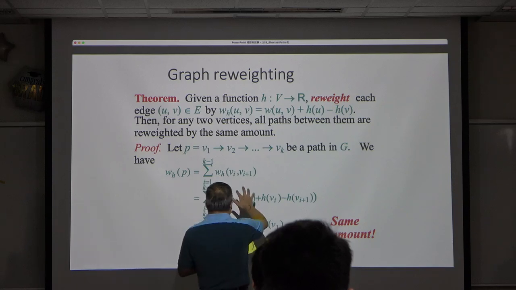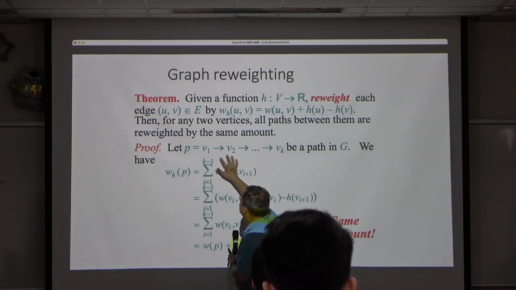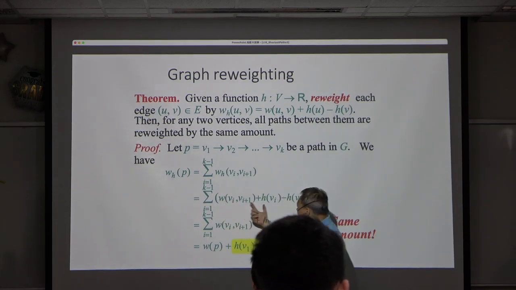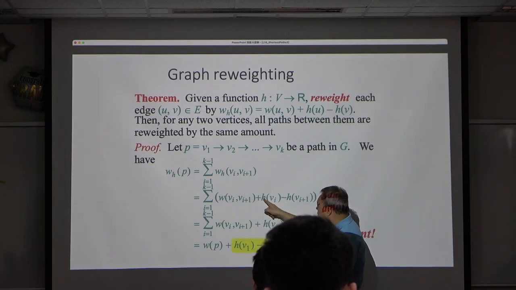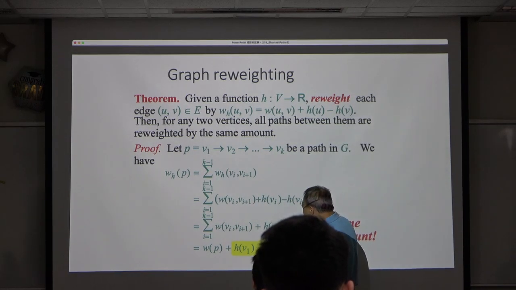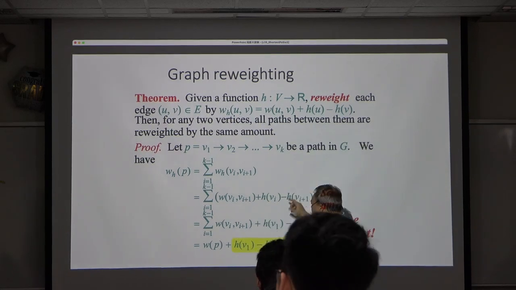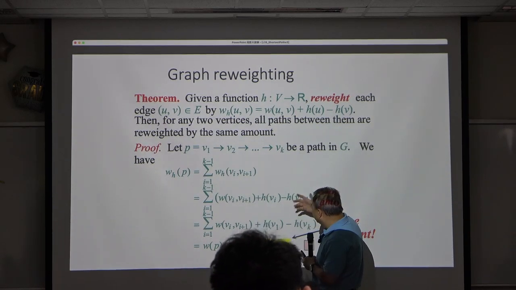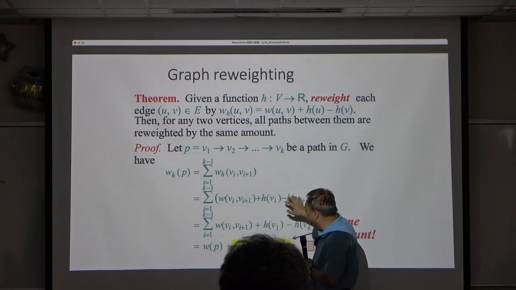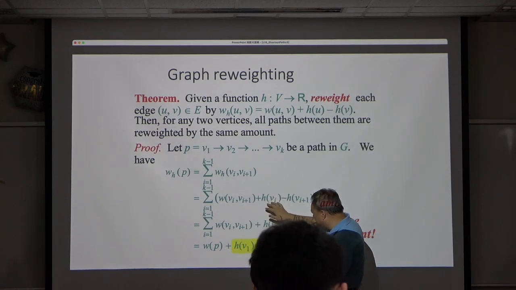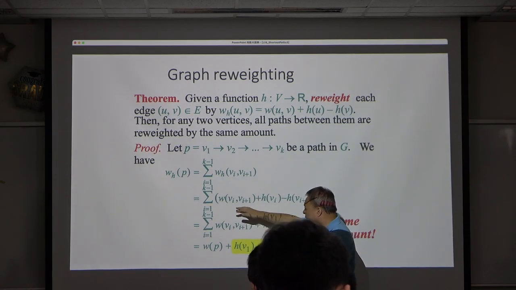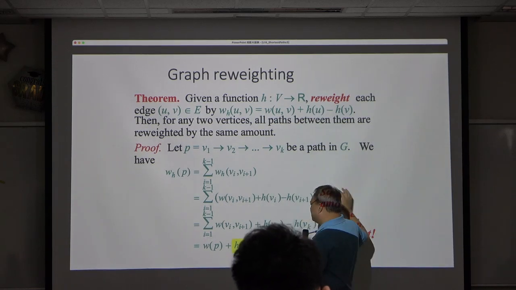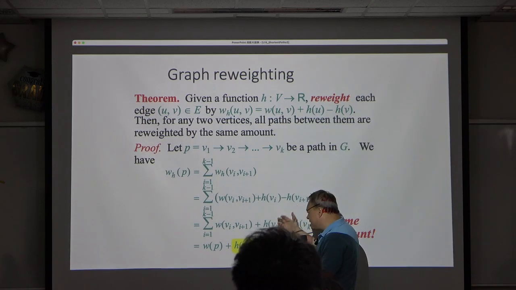So we plug in this thing for every edge. Because obviously we have this term for each edge. So you see the later one is going to cancel out the previous one. If you try to list everything here, you see that the only thing that's going to be left is